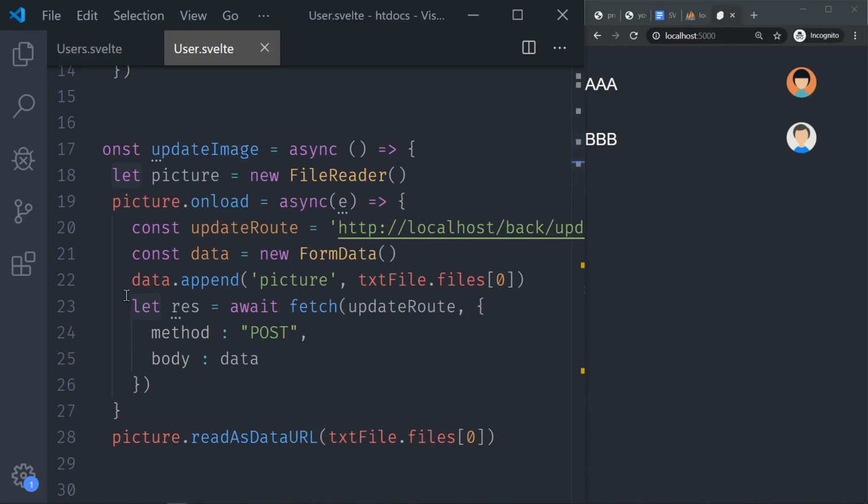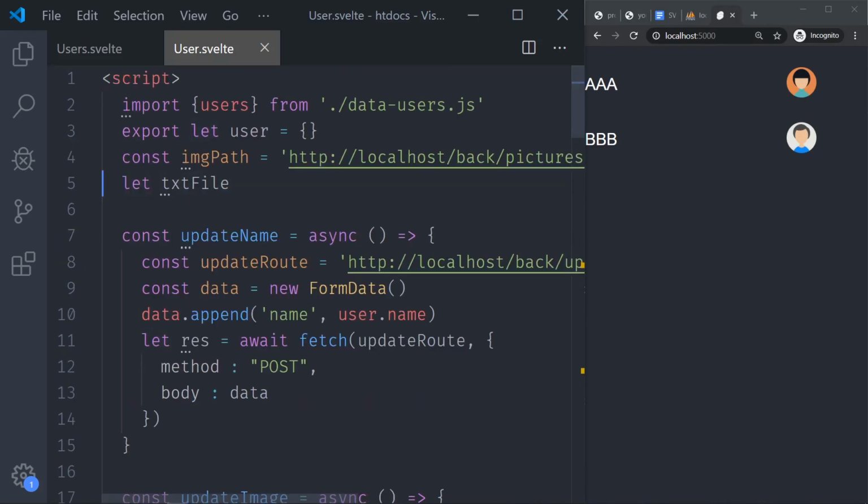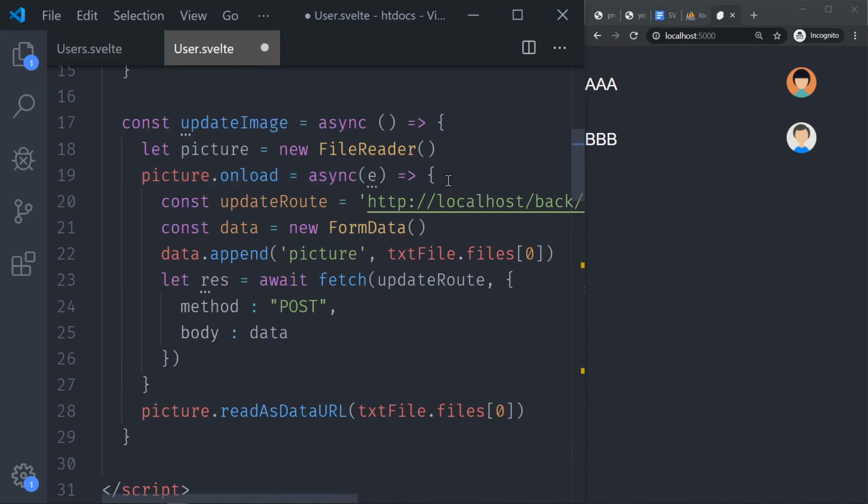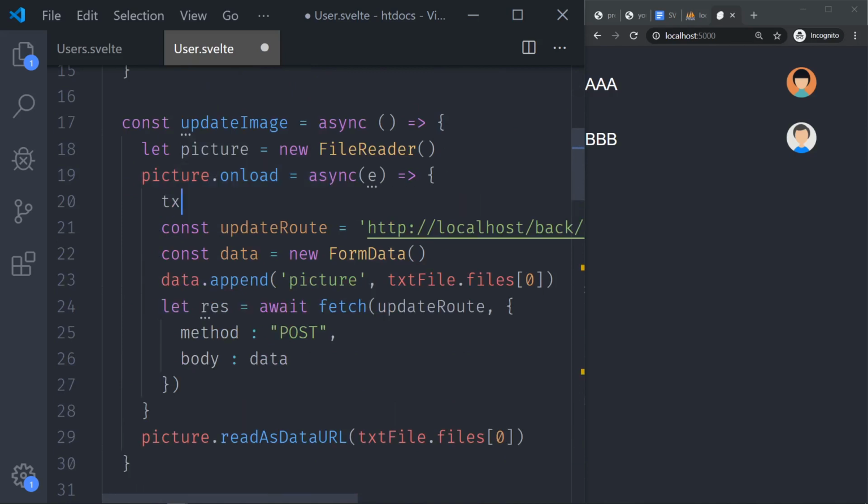So to do that, let me create here a new variable. Let's do it together. We have the txt file. I'm going to create the txt picture. So this picture is going to be hooked to the picture right there on the fly. To hook it, let me do this, txt picture that I have here. Yeah, over here in the picture on load, we're going to hook it. So we're going to say txt picture, that's a variable. We're going to set the attribute of this picture, and the source, the src source, is going to be the